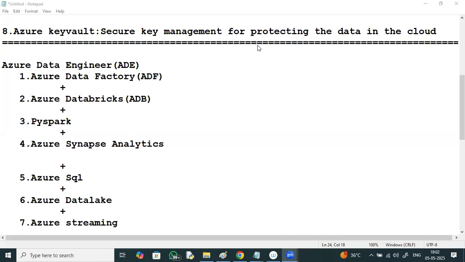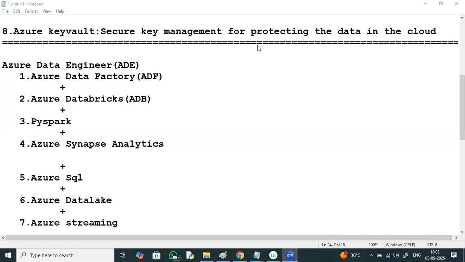If you want to pull the data from different sources, ADF is going to do that. First, ADF takes the data from different sources, brings it, and keeps it in the Azure Data Lake. Data Lake is unlimited data storage. From Data Lake, Databricks is going to take and process the data. The processed results will again be stored in Azure SQL, and later from there some kind of reporting is performed, right? So a typical data engineer has to have knowledge of Data Factory, Databricks, and PySpark.